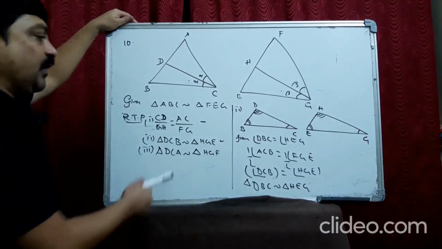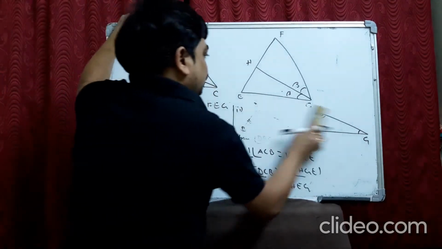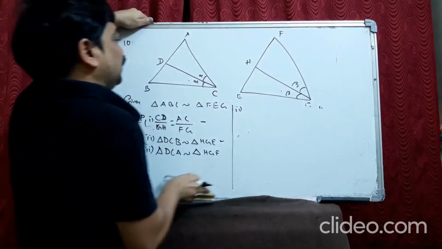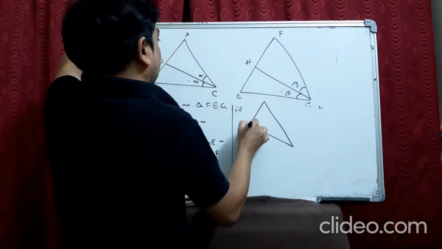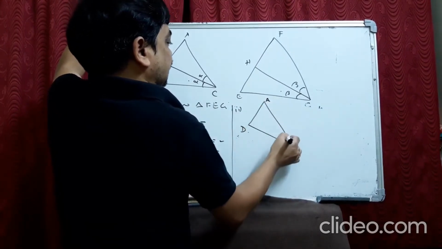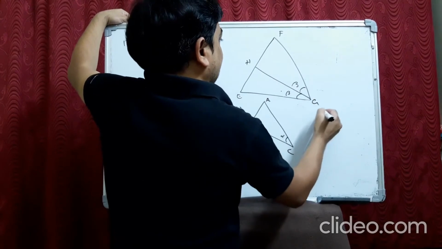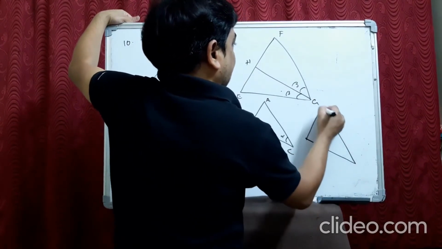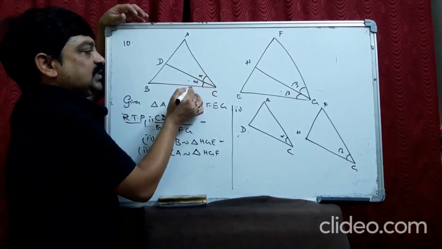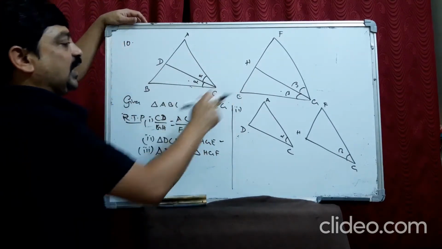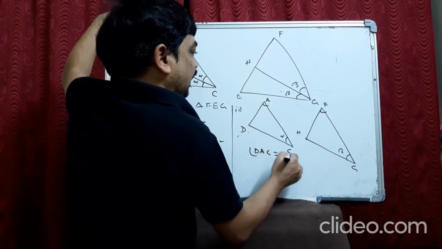Okay. Now I prove the next one. The upper ones we do the same case. I am rubbing this for the upper one. Same case we do. What we say? DCA. We draw this DCA and this is alpha. And also HGF, FHG beta. See guys, if this is half of this, what we know, in both the triangles what is common? Common angle is A. So angle DAC is equal to angle HFG.